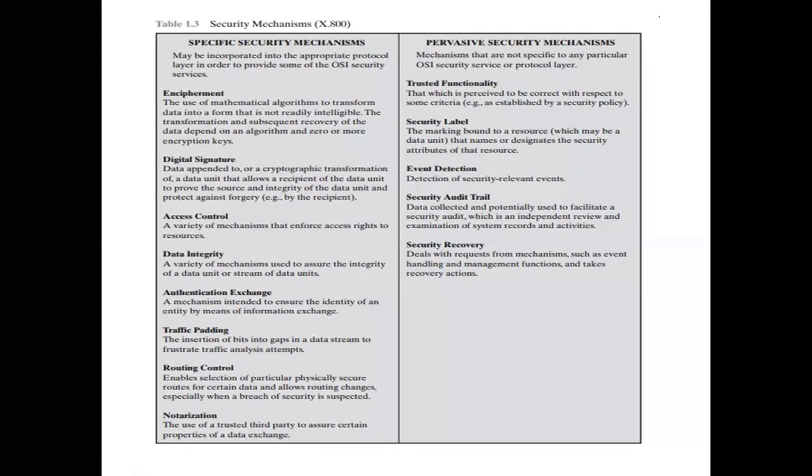Now the digital signature. Whenever you want to send an image from one system to another system, some more image data will be added to that image. That type of security you can provide, simply called the digital signature. The next one is access control. Access control simply means access rights: who are the authorized and who are the unauthorized people. Based on that, you can give access control to the users.